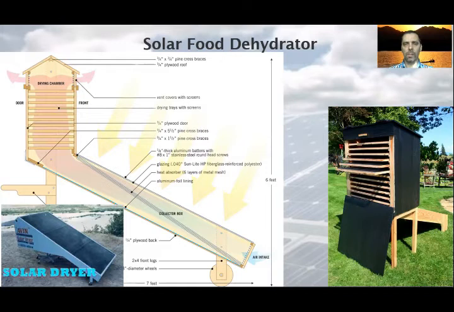The rising warm air creates negative pressure at the bottom of the collector box, which draws in more outside air to replace the air that left through the top vents. Air will continue to heat and rise, passing through the collector box and into the drying chamber as long as the sun is shining or the dryer has access to another source of heat.